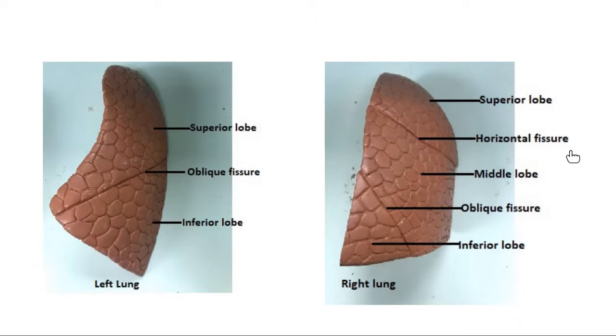No, it depends on the question. Don't write the parts of the lungs. The second question will be very specific. If you identify this is the right lung, okay, the second question is: name the fissures in this structure. Name the lobes in this structure. What are the medial relations? What are the structures in the root of the lung? Like that. The questions will be like this.